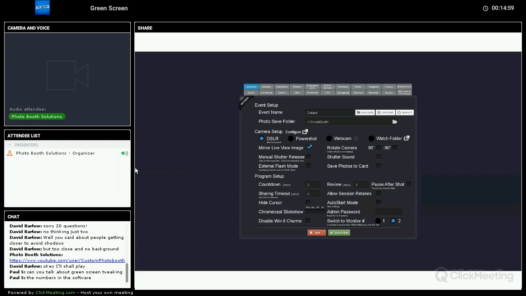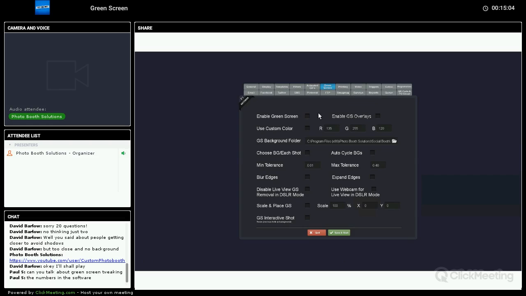Sure. So when you're looking at the green screen, you've got your stuff up, you're kind of playing with it a little bit. You've still got a little bit of, say it's pulling out blonde hair, or you're getting a little shadow around their face where it's pulling out. Honestly, the easiest way to get rid of that is going to be your minimum and maximum tolerances. So what that's going to do, essentially,